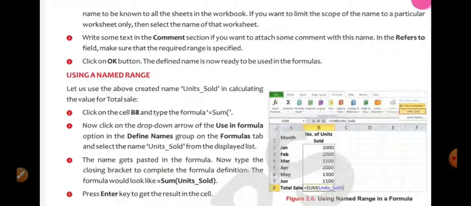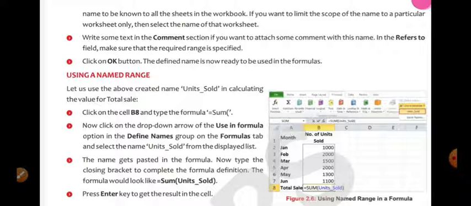Now after naming, how can you use that range? It is explained in this part. Let us use the above created name units sold in calculating the value of total sale. Click on the cell B8 and type the formula equals SUM, open bracket. Then click on the drop down menu of Use in Formula.